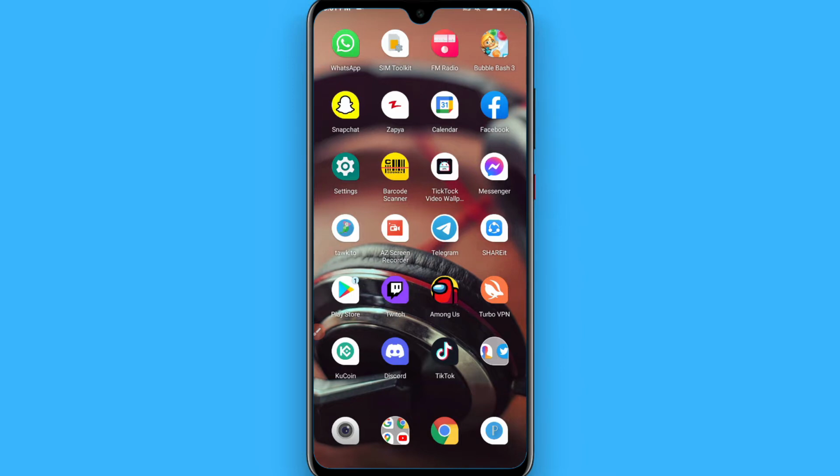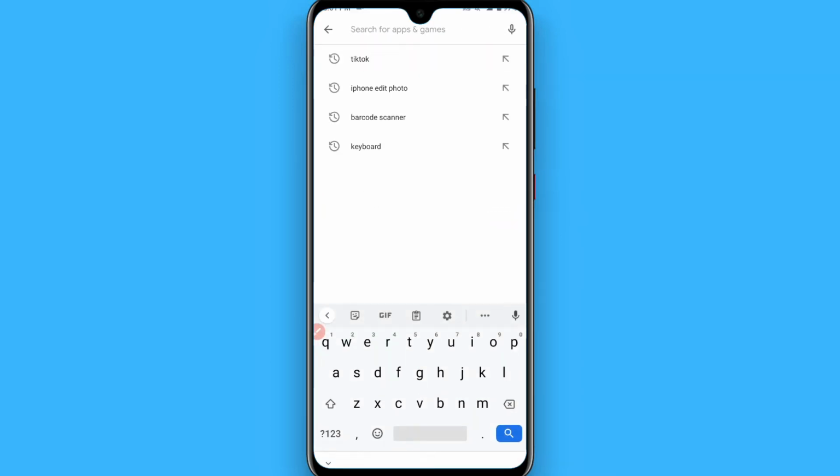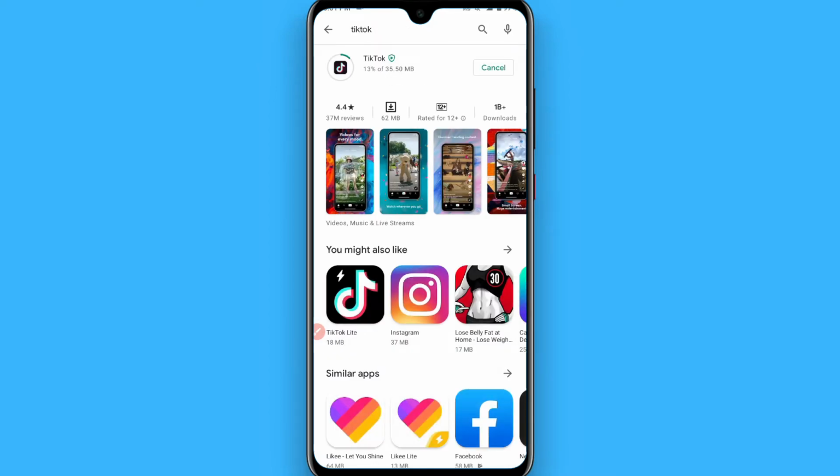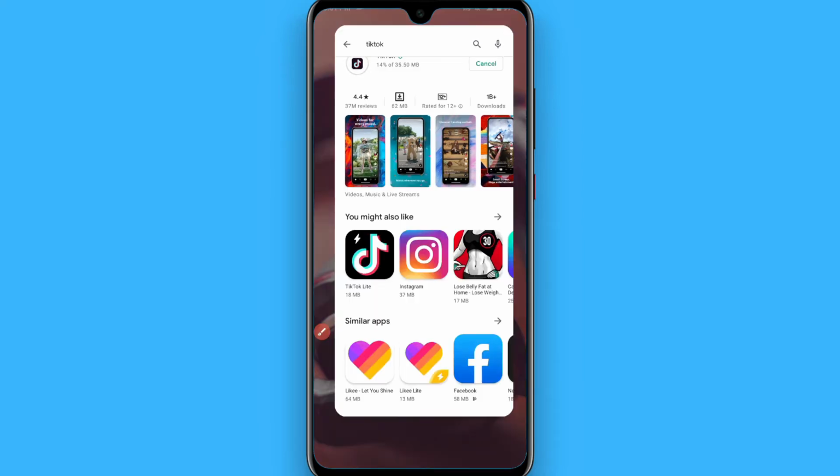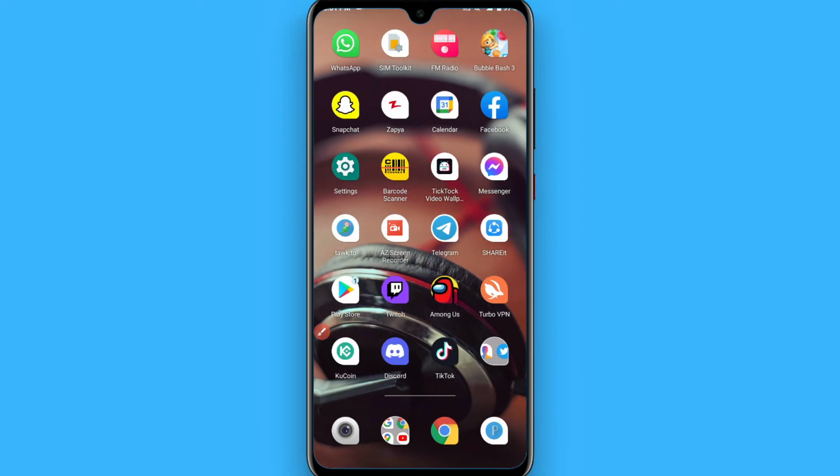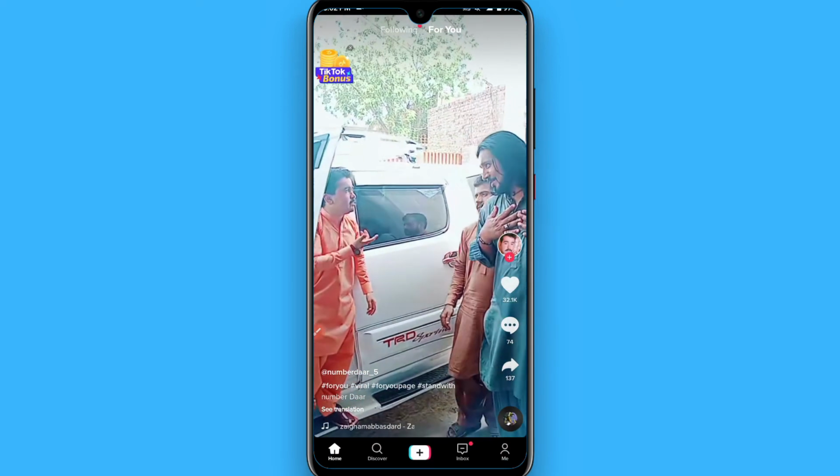First of all, open your Play Store mobile application, and from here you have to search for TikTok. Once you search for it, you will see an update button here. Simply update your TikTok from here. Once you have updated your TikTok, simply open it, and now you have to click on